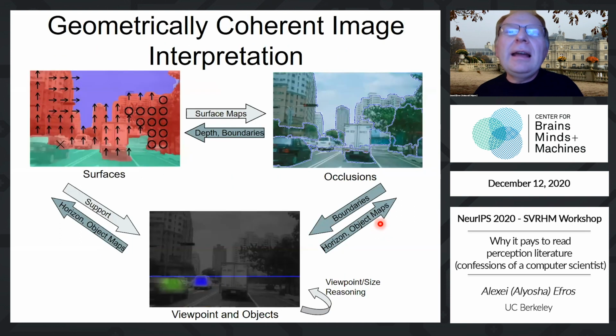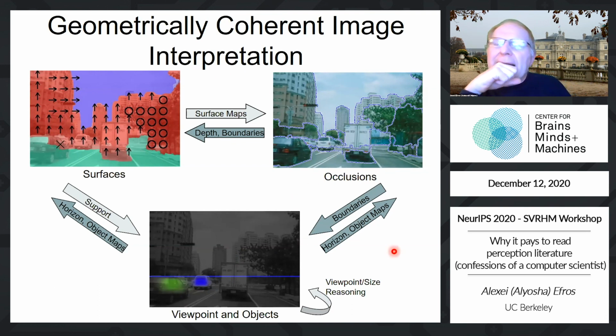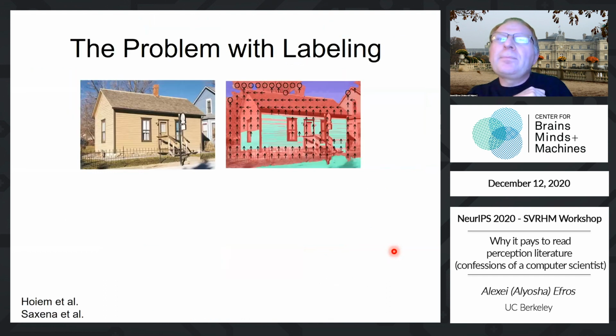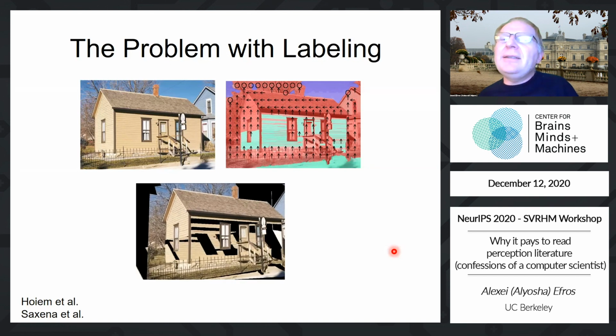Okay, and the final work of Derek's thesis was basically just to put everything together with surfaces, occlusion boundaries, and objects and their scales. And it was actually very much inspired by intrinsic image work from Barrow and Tenenbaum. So that was all fine, but the problem was that